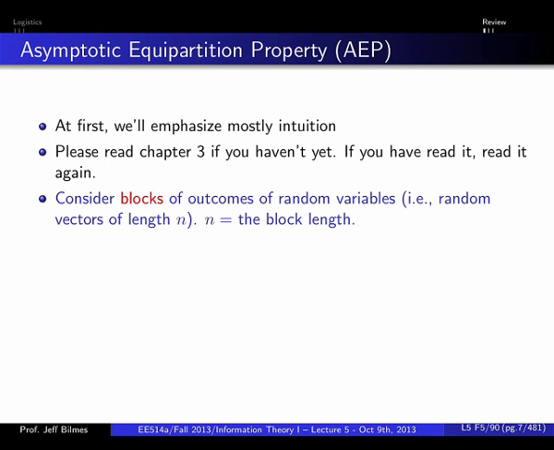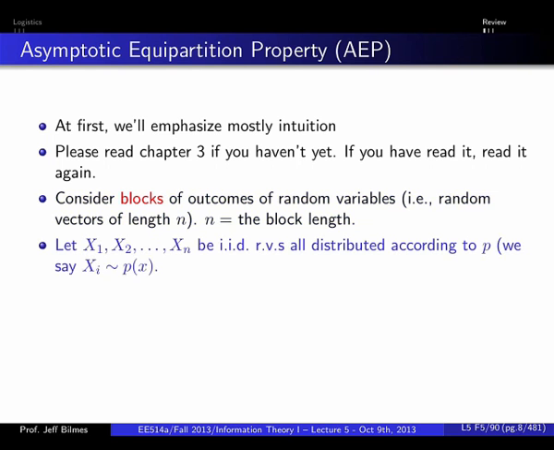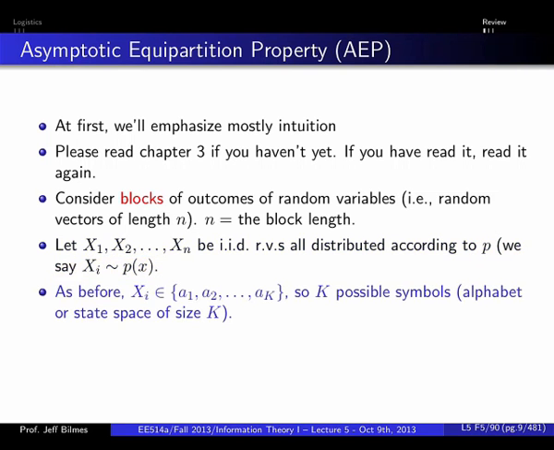So we've got a block or a sequence of random variables. We're going to be talking about blocks of length n, and these are our random variables, X1 through Xn. They're IID, distributed according to some distribution p, p of x. That's a very simple set of random variables. Maybe they take a K-ary alphabet, so we can talk about the alphabet being A1 through AK. Sometimes we'll talk about when K is equal to 2, so it's a binary alphabet. Sometimes we won't, and I'll try to make that clear.